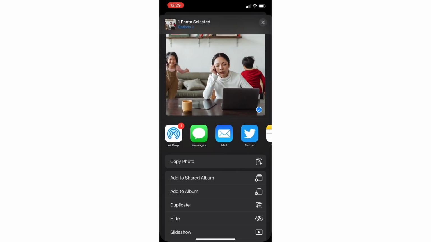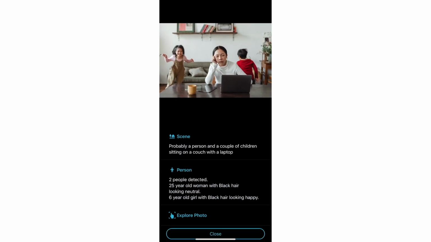I'm going to use the share sheet to send it to Seeing AI. It's going to begin processing. And now it's going to let me know what it thinks it's looking at. And from a scene perspective, it actually did a really good job of generating some alt text, which is probably a person and a couple of children sitting on a couch with a laptop. That's not exactly what the image is, but it's close enough that I could easily modify this and get something